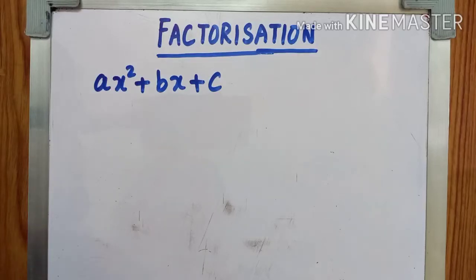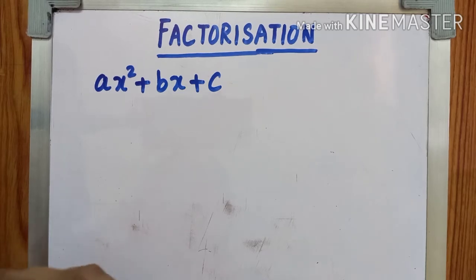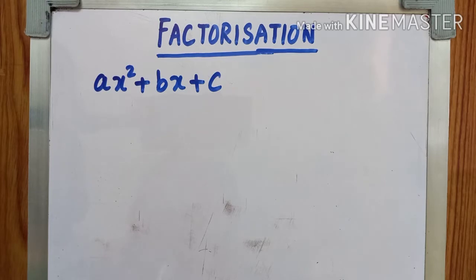Hello everybody. So let's do exercise number 4D of the chapter factorization. Here you have already done three exercises. In all three exercises you used formulas and different identities. The last exercise we did was with the identities a cube plus b cube and a cube minus b cube. Now the fourth exercise is about the trinomial.